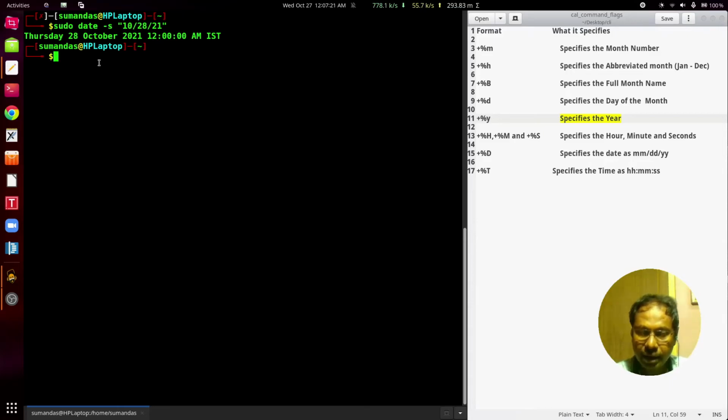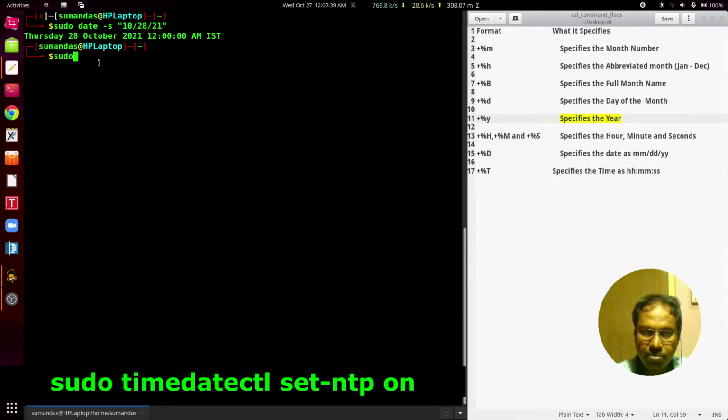To revert back to the current system date, we have to use another command, and that is from the network time, that is we have to type sudo, then timedatectl, and then set-ntp on.